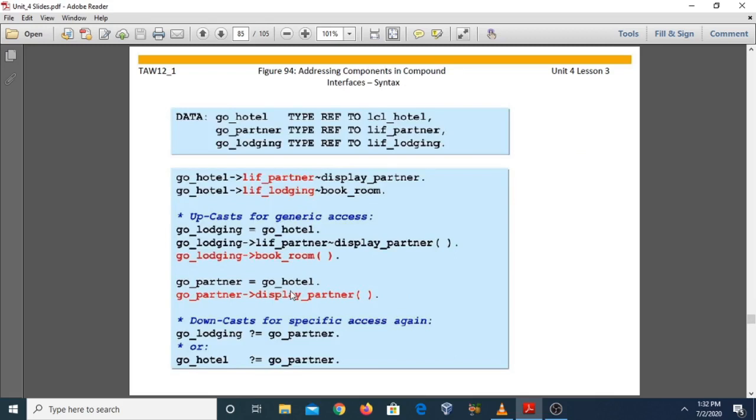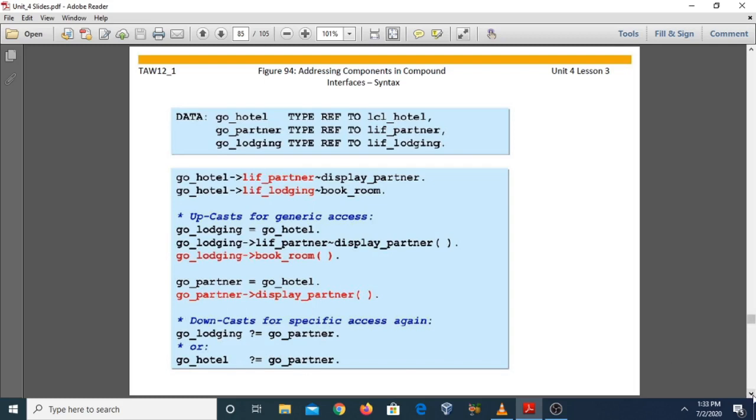And when we assign go_hotel to go_partner, go_partner can also access display_partner. But in case of downcasting, we generally assign the go_partner reference variable to go_lodging, or you can also do go_partner to go_hotel.